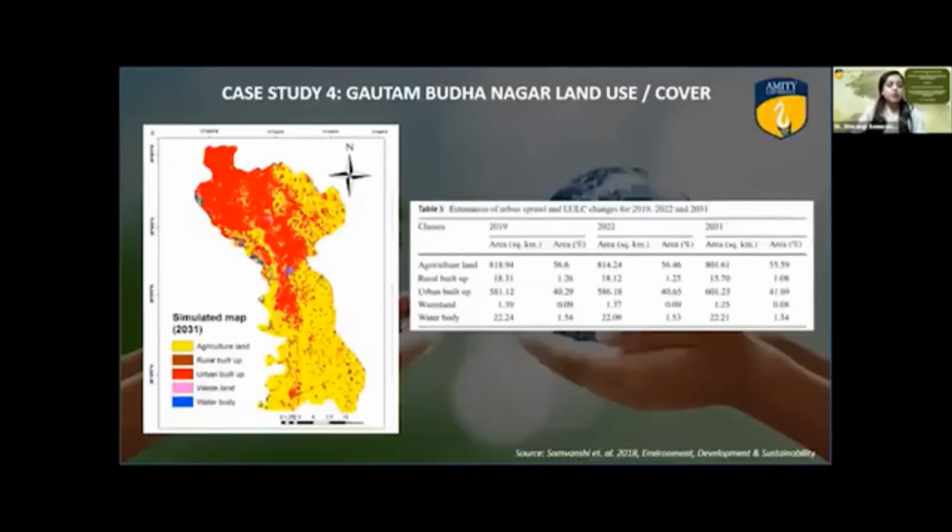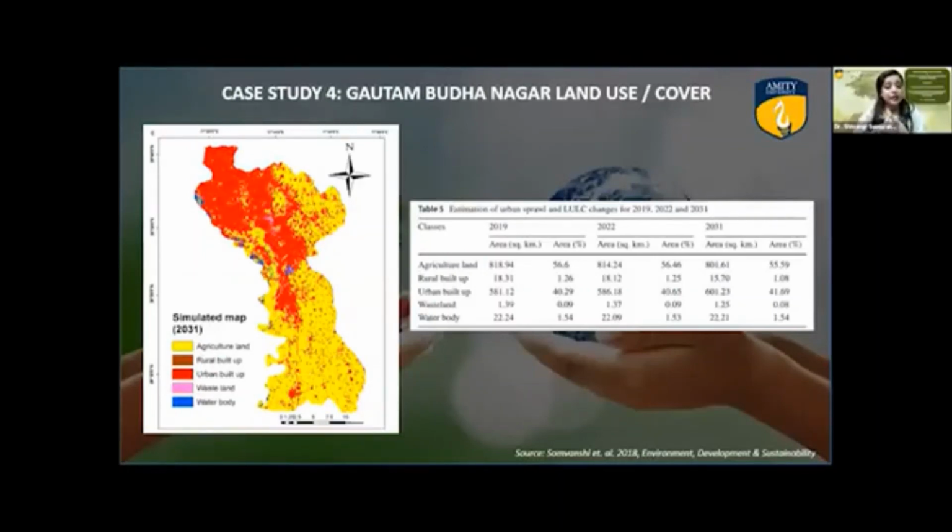Now, this slide shows the simulated or the predicted map of the same area for the year 2031, also with the statistics in the table. Here we use a machine learning algorithm for prediction using geospatial data. The observations received from such kind of study, based on the long-term classification of satellite data, statistical methods, and other geospatial techniques, indicate that the predicted land use land cover map of the area will be precious information for policy and decision makers for sustainable urban development and natural resource management in the area for food and water security.